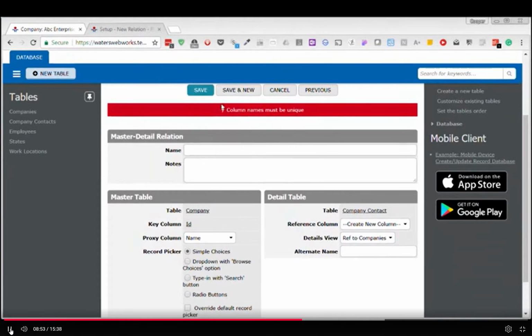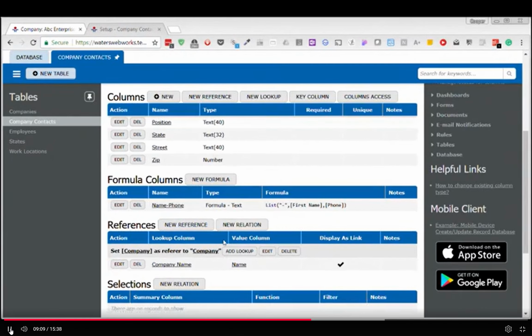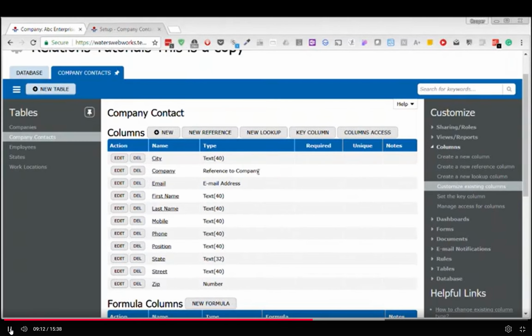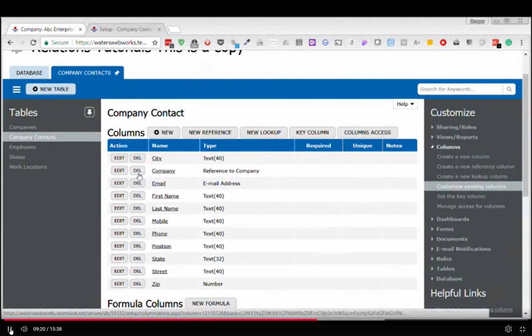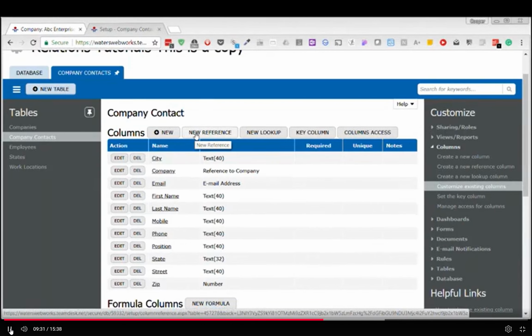I get an error. Why did we get that error? Because it is trying to make a new column called company. And it can't do that. To fix that, we have to cancel this. And there's two ways to fix it. What it's trying to do is make a new reference column up here called company. So one way to fix that is to change the name of this to employee of company or something. But what we're going to do is make a new column,